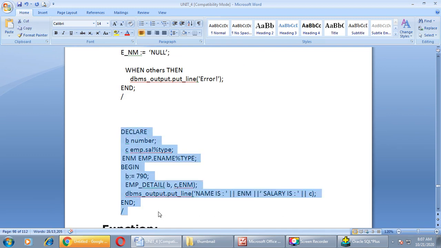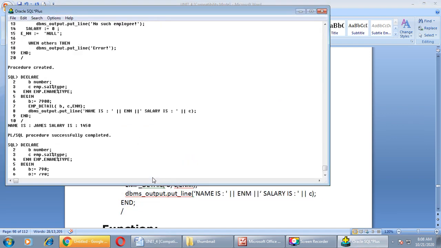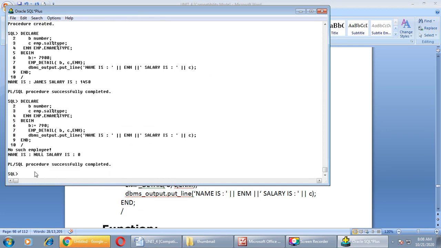Copy this code one more time. This time if you have noticed, I have changed the value of B to 790. The employee with this number does not exist in our EMP table, right? All of you know that very well. Copy this code. You can see the output, it is different than the previous one.